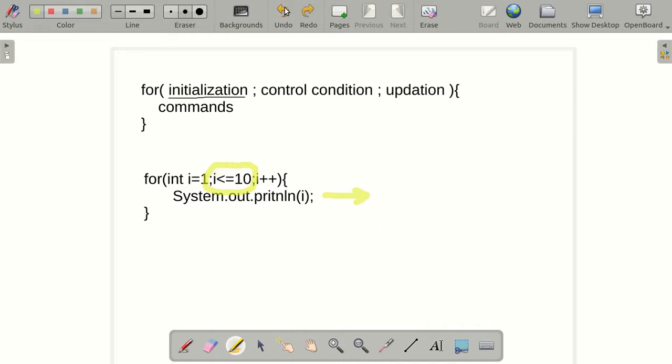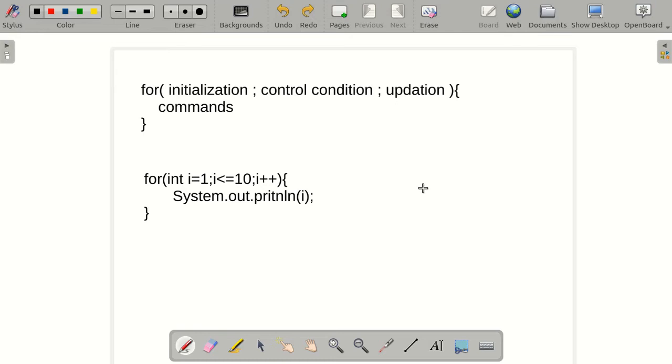Now the third part of a loop is the updation. Updation is a very important part of loop. Updation takes the responsibility of changing the value of this variable, the variable which governs the working of the loop. If we do not have this part, the value of the governing variable will continue to be the same, and hence the control condition will always result true, and so the loop runs infinitely.